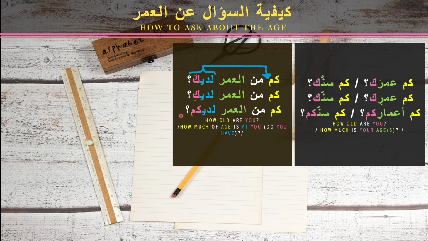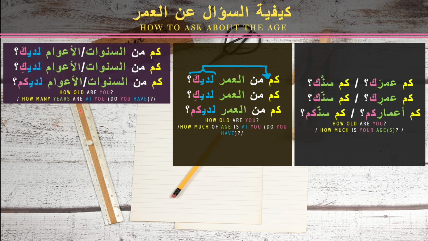Before we go to the third way, I would like to mention that in Arabic we can relocate the verbs and the adverbs to come at the beginning of the sentence, like after the interrogative tool. So, كم لديك من العمر؟ كم لديكم من العمر؟